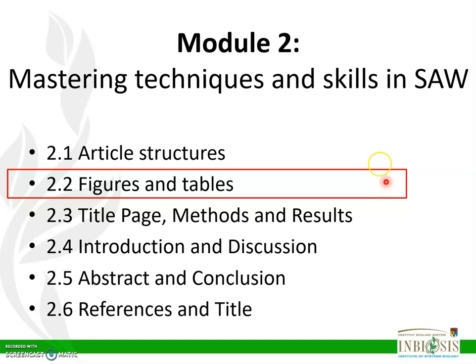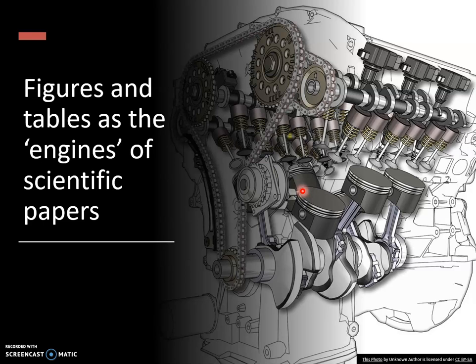In this second submodule, we will describe figures and tables in scientific article writing. It is important to note that these are the main elements in any particular manuscript. They are the engines in scientific papers, the key elements driving the whole storytelling and flow. Hence, any scientific article writing attempt must absolutely finalize these figures and tables before even the first draft of writing